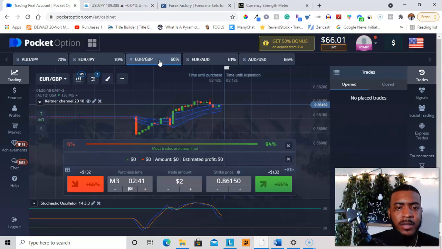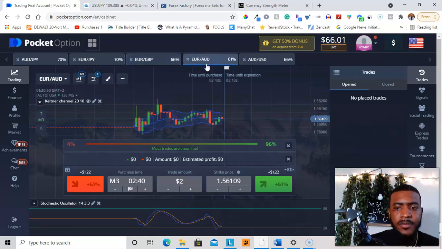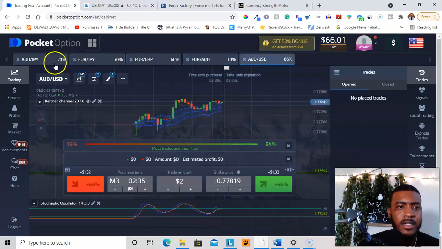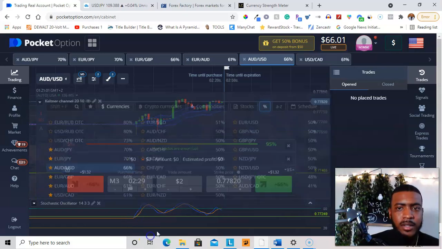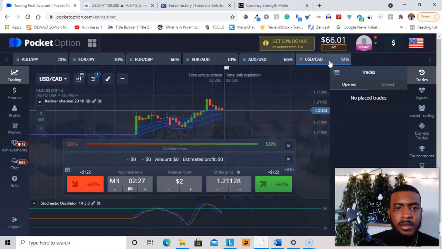It's looking a little bit choppy. Let's see if I can find anything decent out of these. So my options are limited. I don't want to trade anything that is like 61%. Doesn't really excite me, but